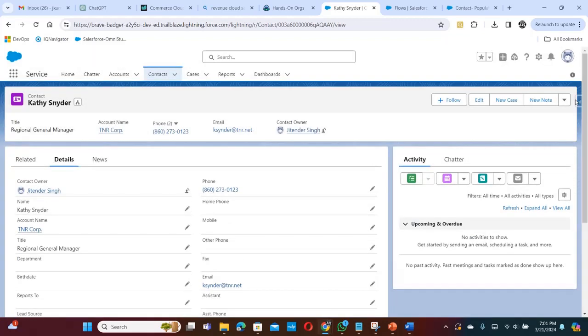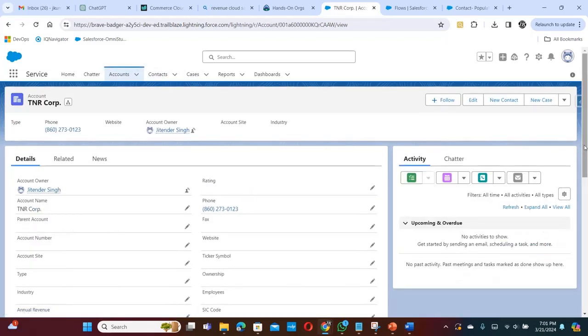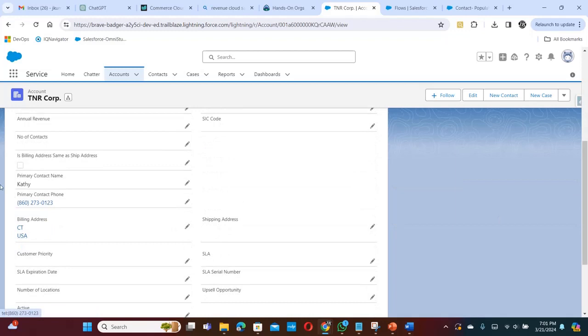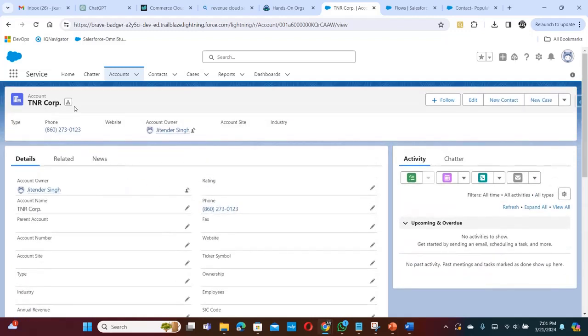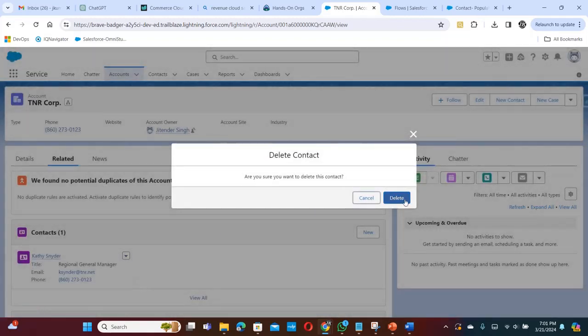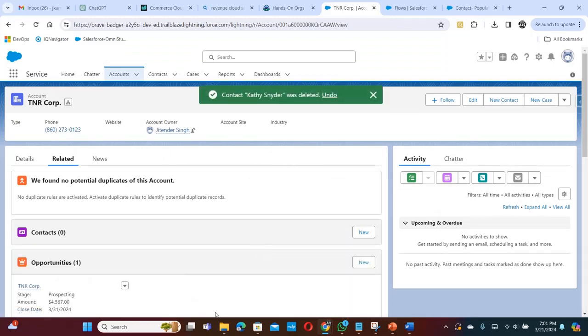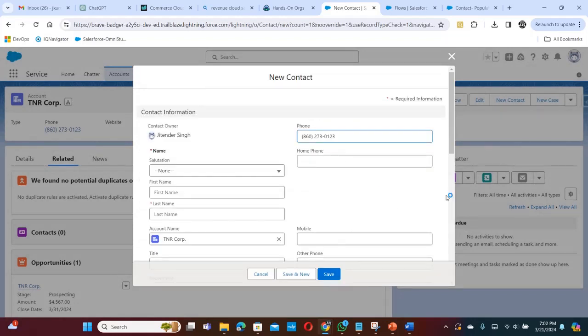and let's go on to the account record now and see whether the field is populating there or not. So you can see the primary contact phone and the first name is also appearing. So our trigger is working, flow trigger is working fine. So let me do one more thing. So let me delete this contact record and we'll create new contact record and put the primary flag on it. So let's go ahead and do